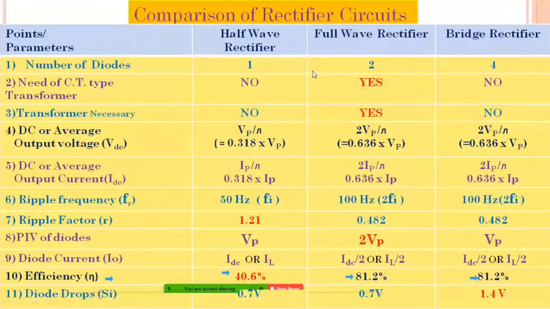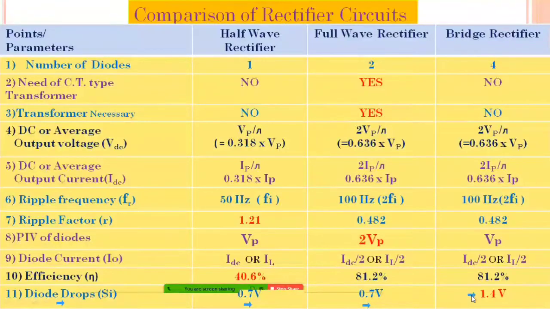Then come to the last point of comparison, that is diode drop. The amount of voltage that drops across the diode in the rectifier circuit. Mostly we find the diodes used in rectifier circuits are of silicon type, to rectify a very high amount of AC voltage. It is found that in case of half wave, just 0.7 volt drops across a diode and the remaining comes at output. In case of full wave, the drop is also of only one diode, either D1 or D2, that comes in series with the load. So at a time, only one diode is in the path of current. So the drop is 0.7 across it.